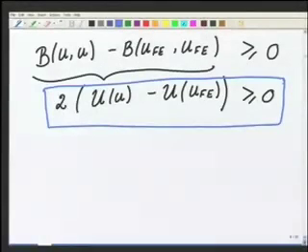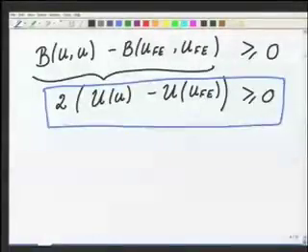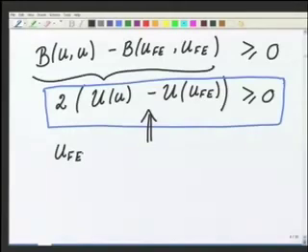Okay? So which means that the strain energy due to the exact solution is greater than or equal to the strain energy due to the finite element solution. How does it translate into the parlance that is used in the finite element literature? This means that since the strain energy due to the exact solution is greater than that of the finite element solution, we say that the finite element solution is stiffer